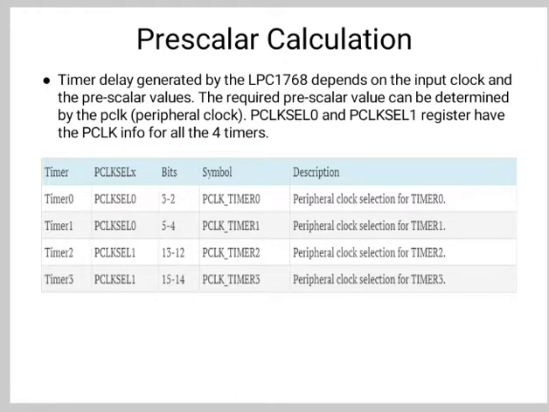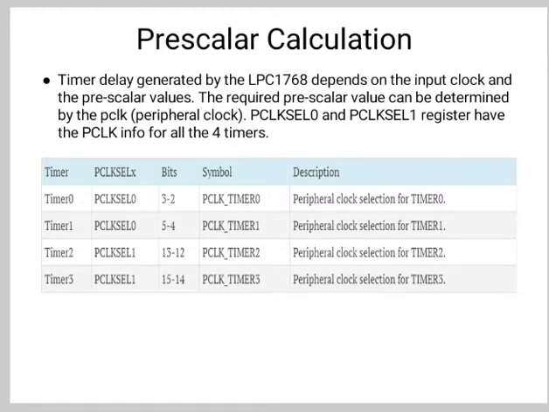Then the timer control register, that is TCR, is used to control the function of the timer or counter. It is used to enable, disable or reset the timer counter. When the first bit, TCR[0], is 0, then the timer counter and prescale counter are disabled. When the first bit is 1, then the counters are enabled.